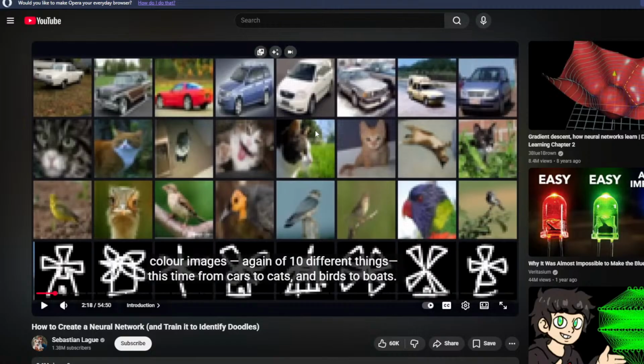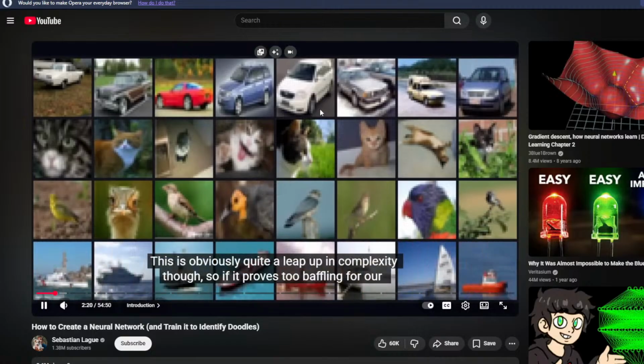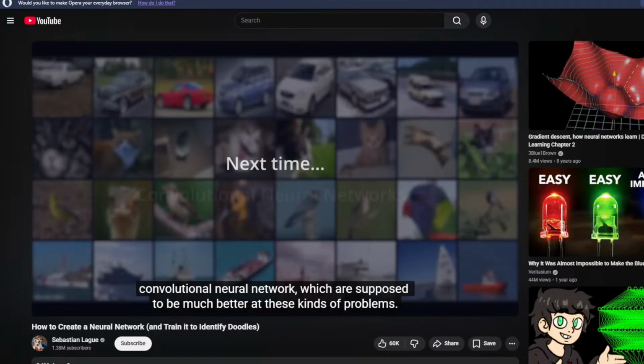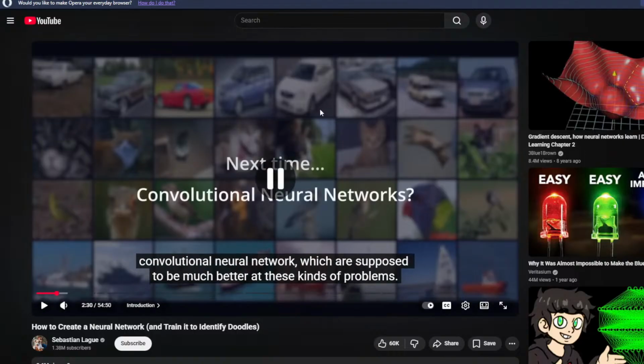Cats, dogs, and cars. This is obviously quite a leap up in complexity though, so if it proves too baffling for our simple network, then we'll have to return in the future to upgrade it to something like a convolutional neural network, which is